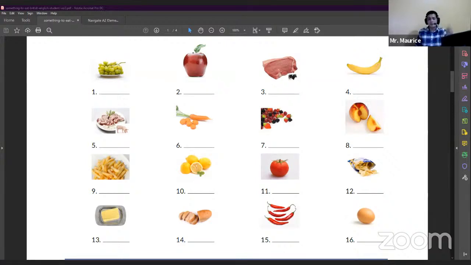Help me. Number 12, 13, 14, 15, and 16. Potato chips or snack. 12. Polar, bread, chili, and egg. Okay, thank you. Yes. Well, so guys, in the number 9,